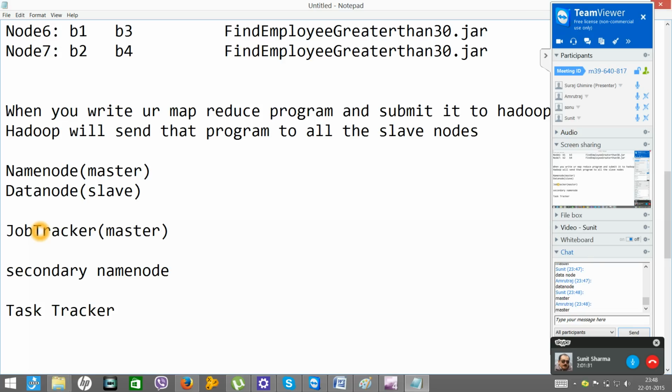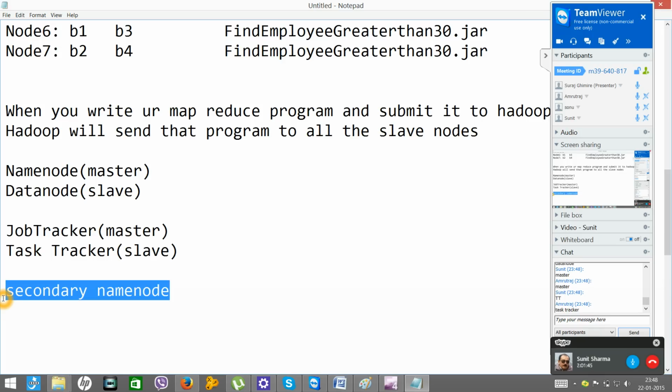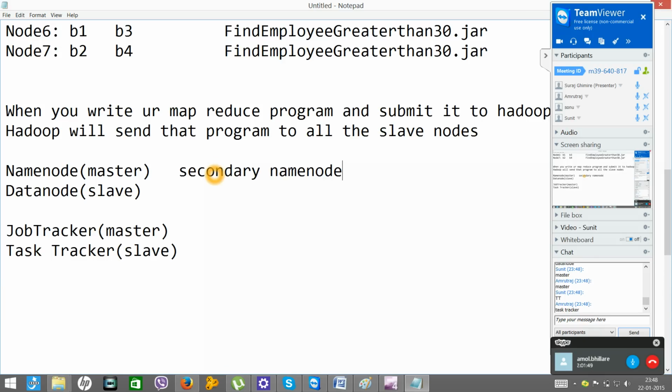Who is the slave of this guy? And this is completely a different component. It is not a master, it is not a slave. What is the use of secondary name node? We will discuss some other day.